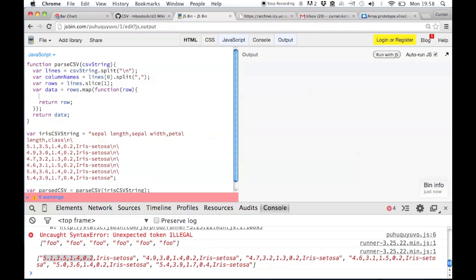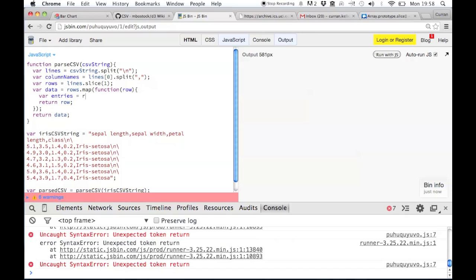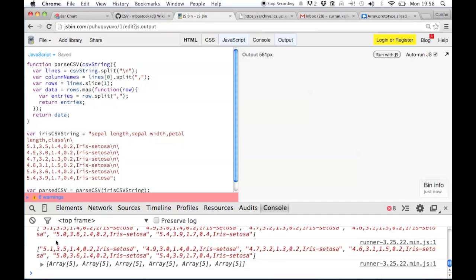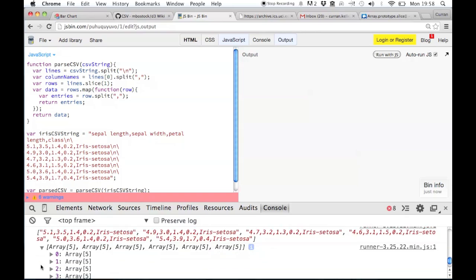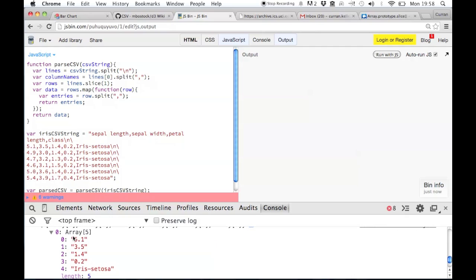So let's say entries is going to be the array of these values. So let's say var entries equals row.split. And this time we're splitting on commas. So if we return entries from this function, we see now this function is returning an array of arrays. Each array has the values